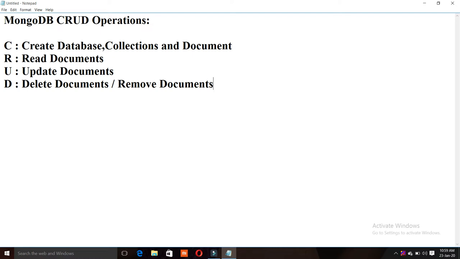At least we want to complete C and R today: how to create, and how to read the documents in different ways. We'll try to complete that today, and if time permits, we'll complete U and D as well. Else we'll see it in the next session. Okay, so